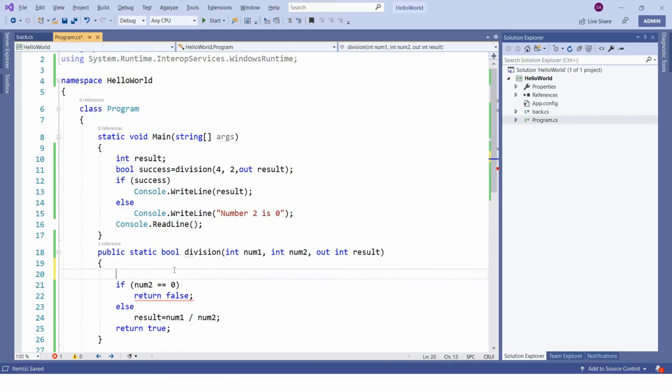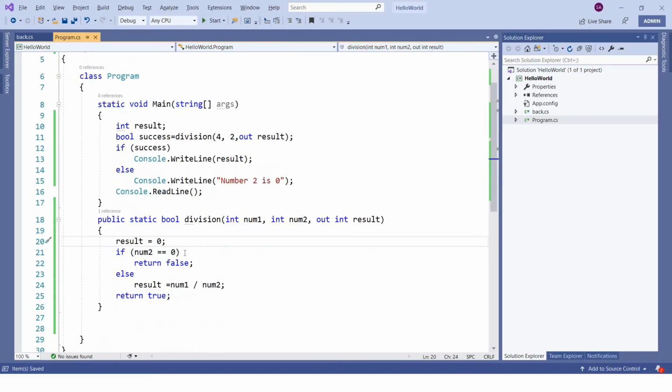So basically what it's saying is that the out parameter that we have taken here must be assigned some value before returning from this function. If you return from here, this out parameter will not be assigned, and due to that reason it's flagging an error, right? So here you can set result equal to anything you like.